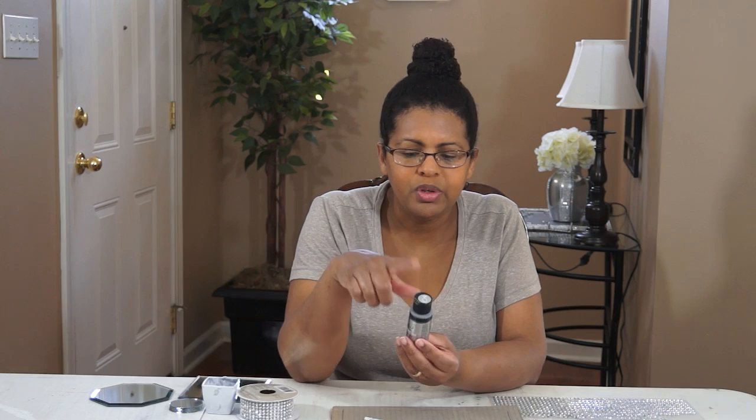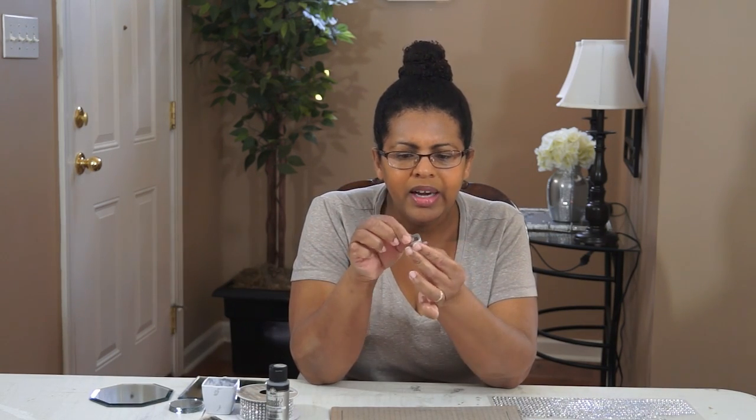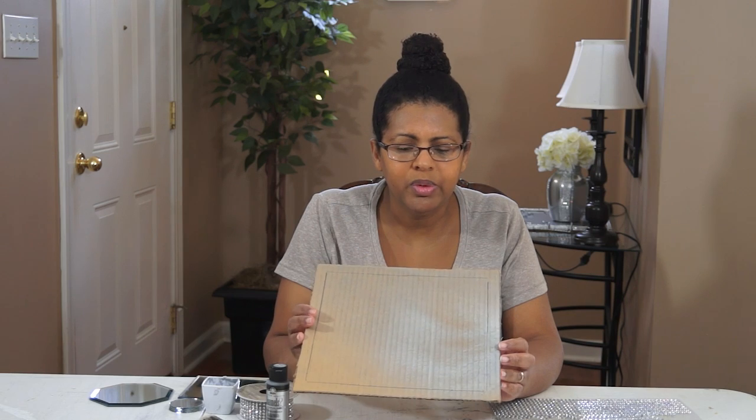I've got some silver craft paint, a paintbrush, a pair of scissors. I've got one of these little hanging pieces of metal, and I just popped this off the back of a Dollar Tree picture frame, so you'll need something for hanging. And then I have some scrap cardboard, but you can also use a piece of foam board. So if you have some foam board lying around, you can use the foam board instead of the